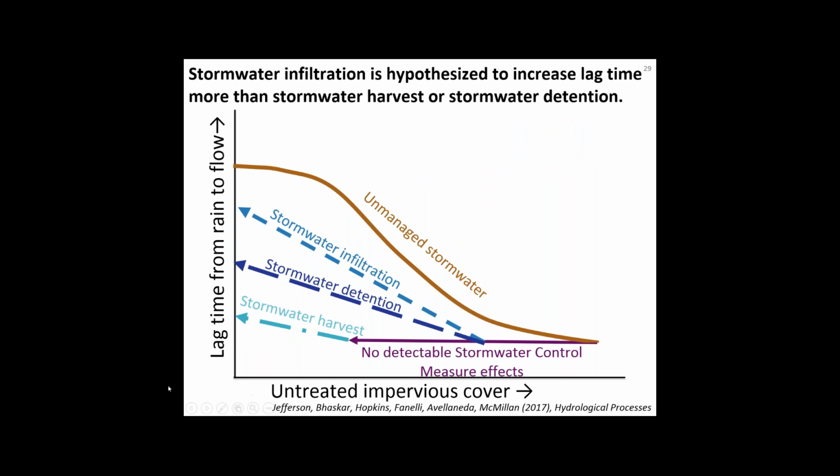untreated impervious cover, and then on the y-axis this time we have lag time from rain, the precipitation event, to the flow event, and we're seeing the unmanaged stormwater we would expect as we're getting more untreated impervious cover. We're having a shorter lag time from that rain event to flow. And then again in purple, we're starting to treat that impervious surface cover with stormwater control measures, and the effects of that might not be initially detectable. Once we do have enough stormwater control measures so that the effect is detectable, in this case, we were